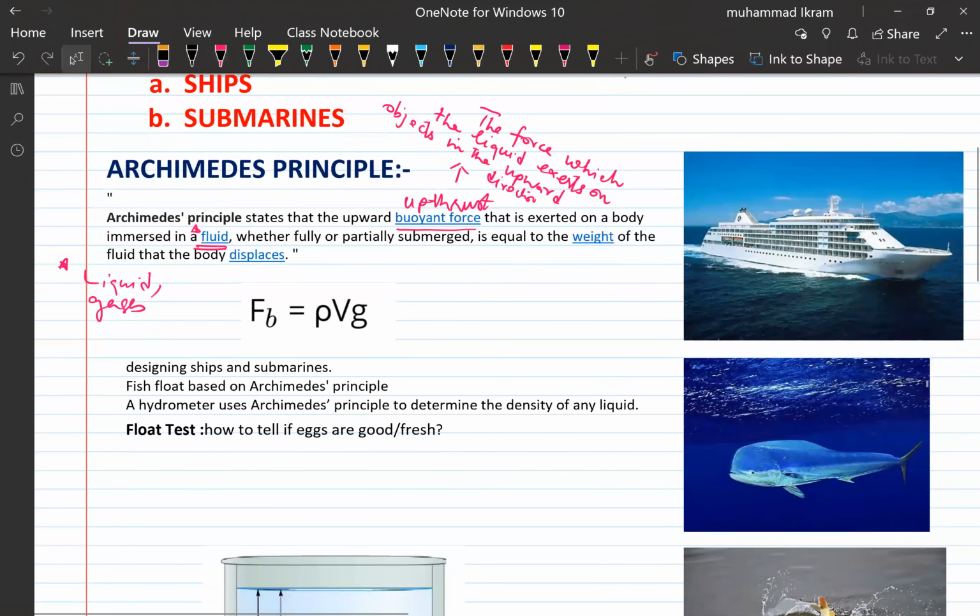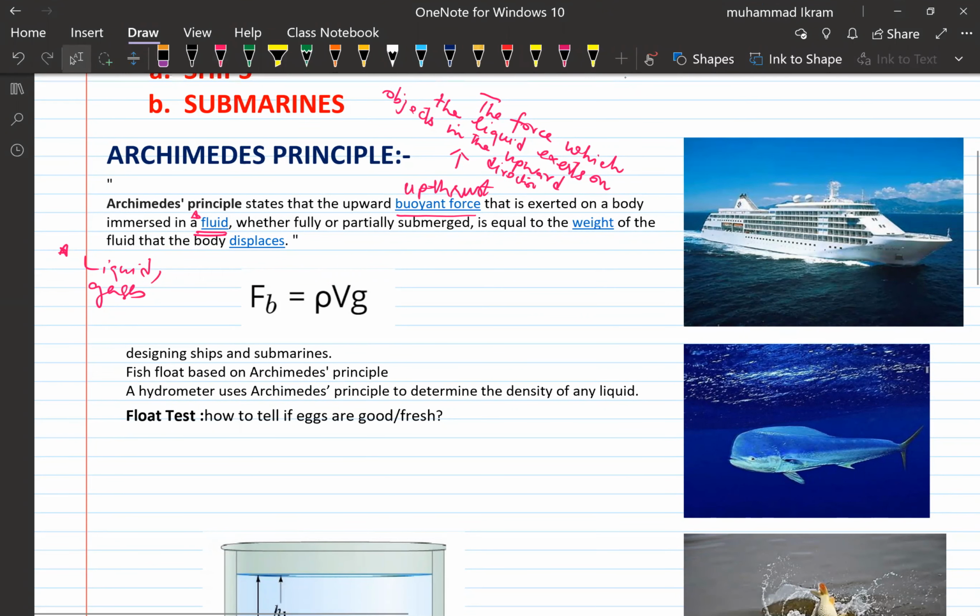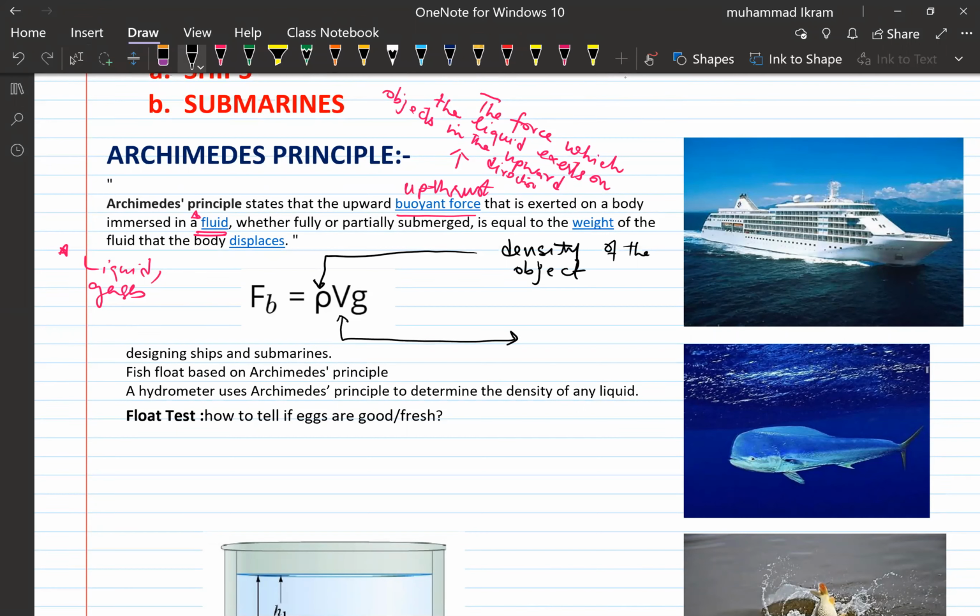Now, the upthrust force that acts on an object when you immerse it in a liquid depends on a few important factors. Now, what are those factors? This buoyant force depends first on the density of the fluid, sorry, the density of the object. Second, it depends on what? It depends on the volume,